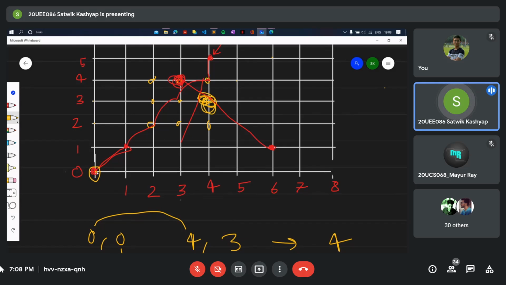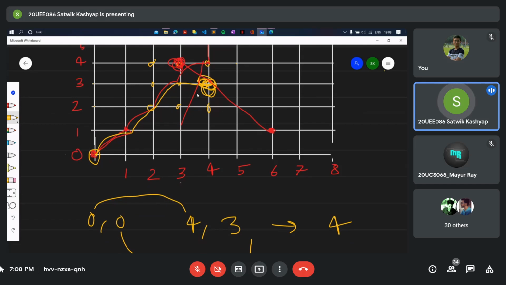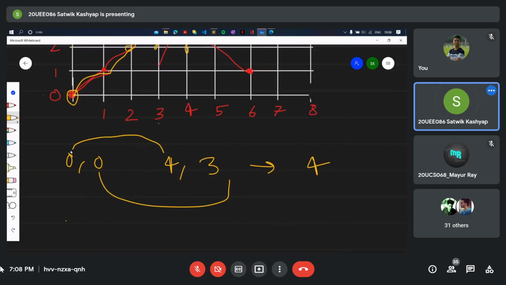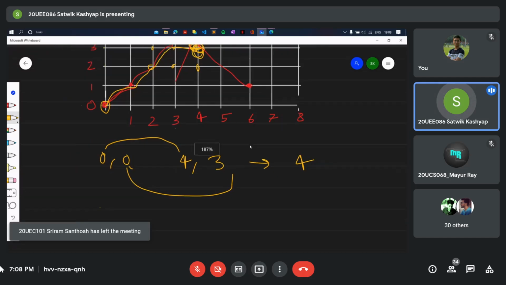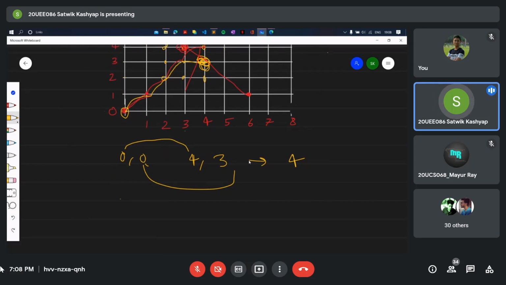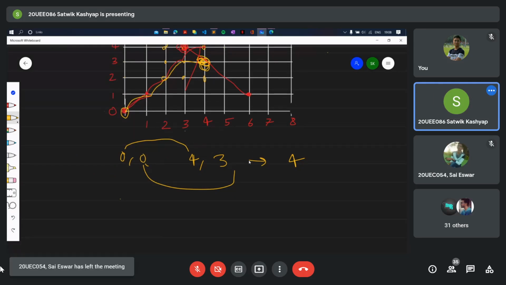So first we go diagonally 1, 2, 3, and then horizontally 4. That would be the minimum distance to go from 0, 0 to 4, 3, which is also the max of absolute of x1 minus x2, comma, absolute of y1 minus y2. You just have to see the examples and write the solution.